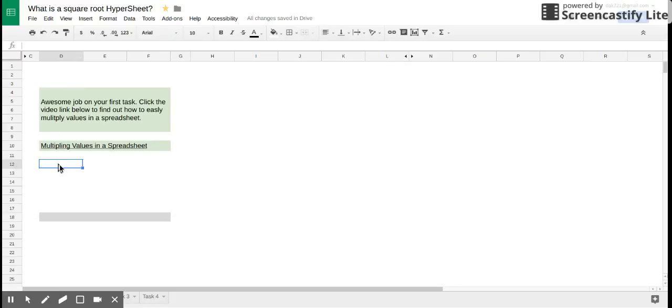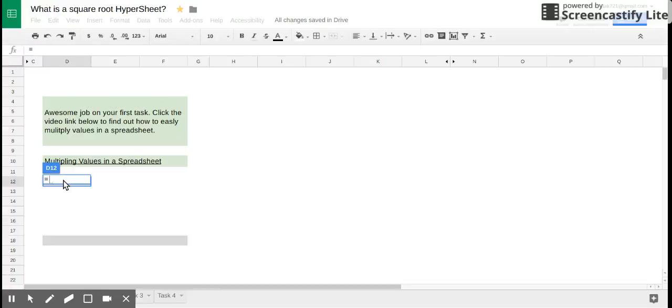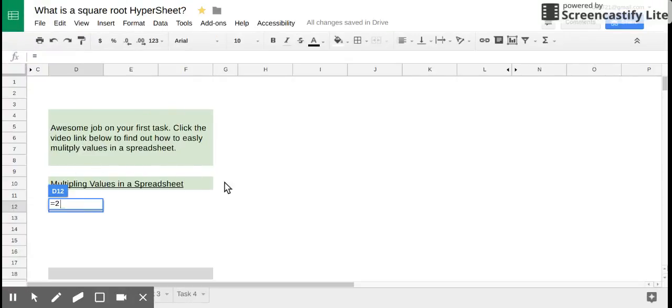All right, so let's look at some ways we can multiply some numbers. Now let's say I wanted to multiply the 2 times 3. Anytime you start a formula in a spreadsheet, you always start with an equal sign. So I can press equals. Let me zoom in a little bit here. And I can do 2